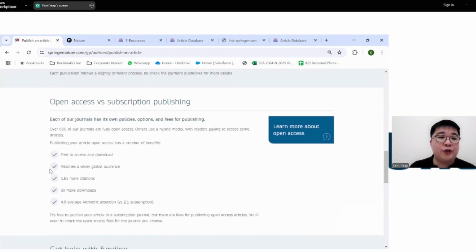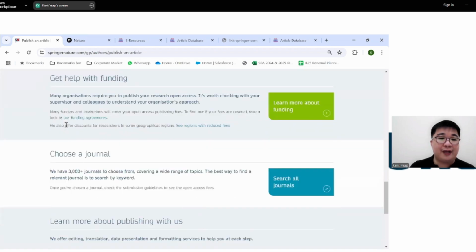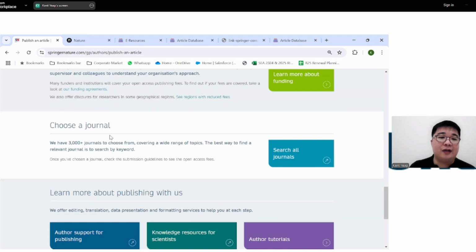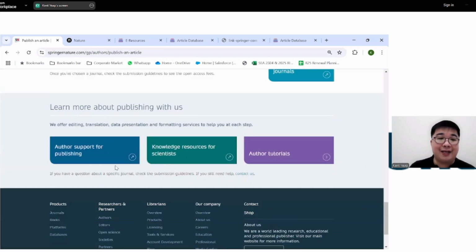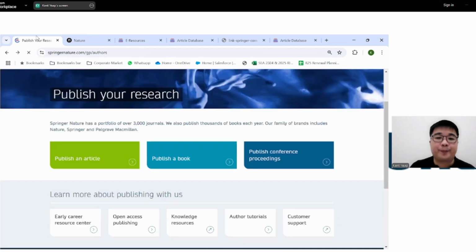A little bit below, you have some information, again, on open access, how you might get help with funding, and also choosing a journal, which is very important, looking for the right home for your manuscript. So all of this can be done here, and there's actually quite a lot of self-help information on the website, which, if you go through it, like a little bit like a self-tutorial, should help to level up your skill level in terms of academic writing and publishing.